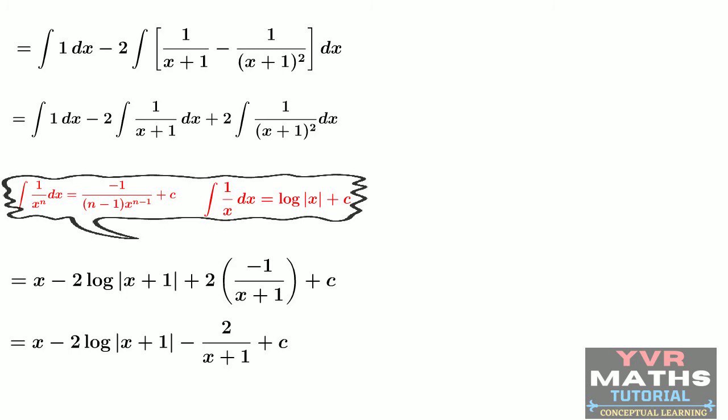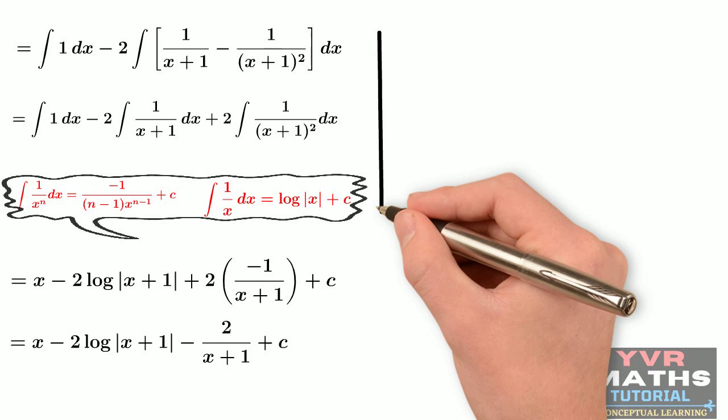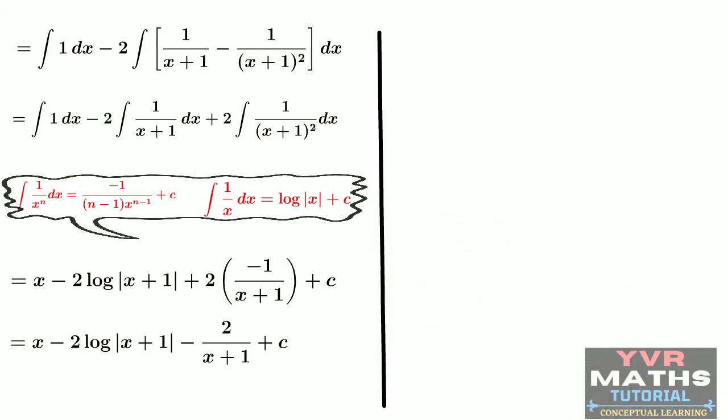When do we have to follow the second case? If degree of p of x is greater than or equal to n, then only we have to follow the second case. So this problem belongs to degree of p of x is equal to n. So if degree of p of x is equal to n, then what do we have to follow? Divide the numerator part with the denominator, and then you can apply quotient plus remainder by divisor concept.